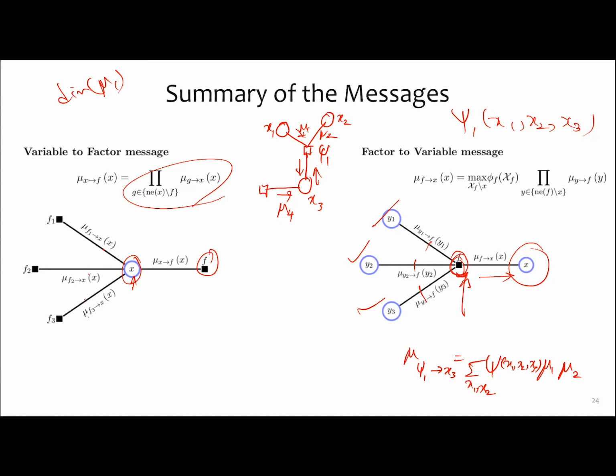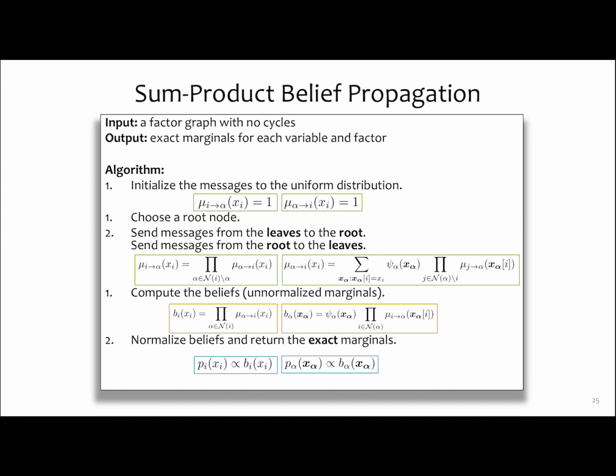And at the end, when you want to compute the marginal, you wait until you receive all of the messages. So you send all of the messages from the root to the nodes, and nodes to the root, and you multiply them all together, and you have your marginals. So if I want to write it as an algorithm,